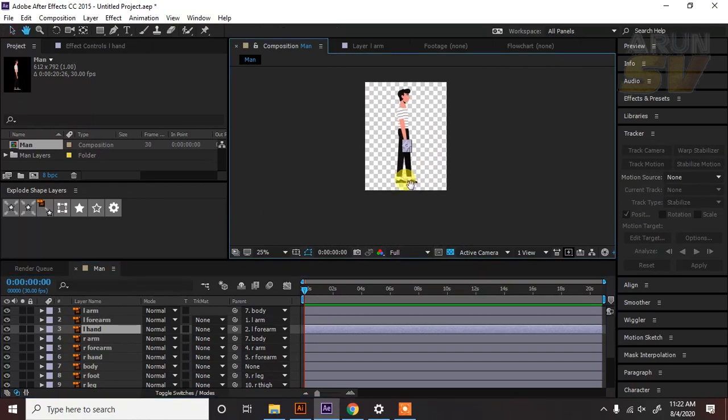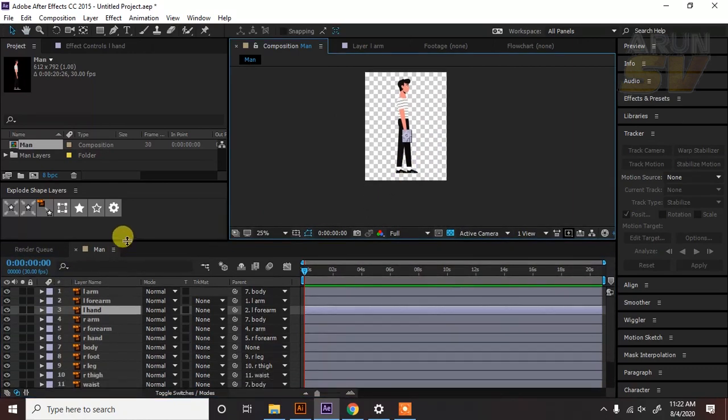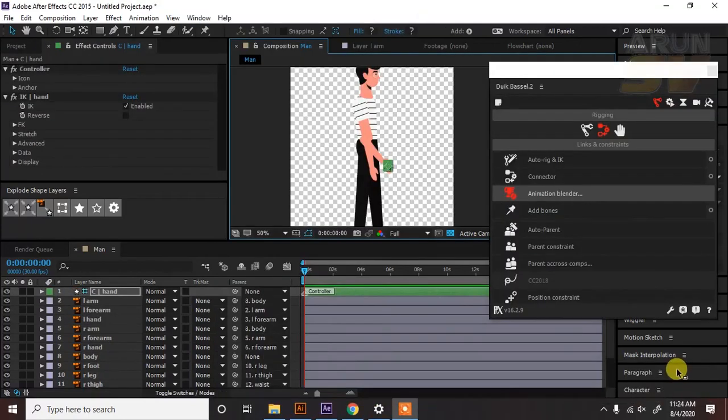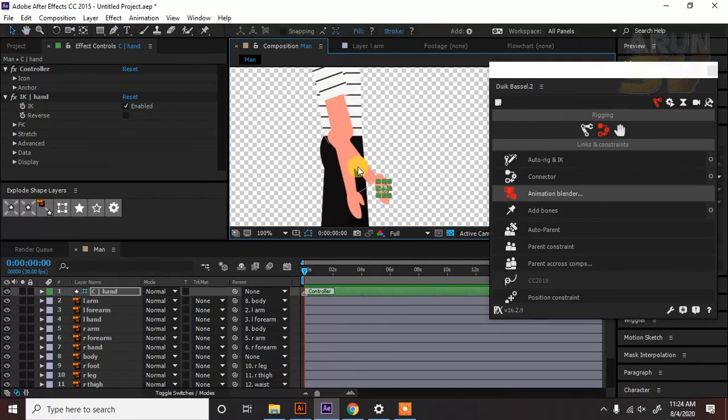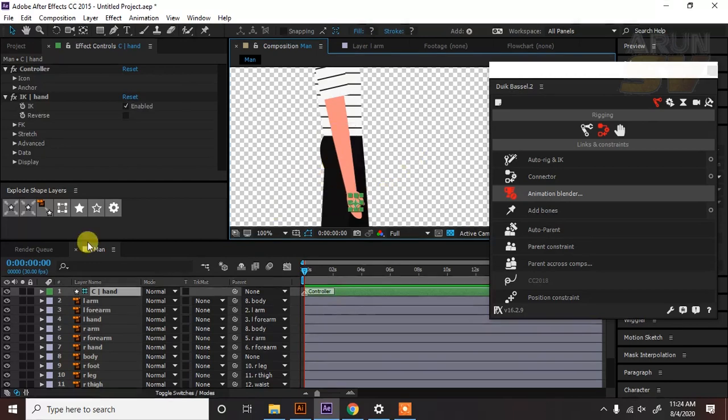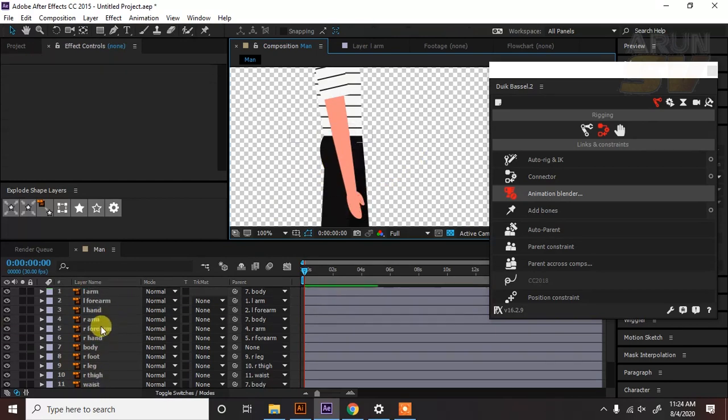Now we are going to rig it with the Duik Bezel plugin. Simply click the window and click Duik Bezel. It is not an inbuilt plugin, so it does not rig correctly because the anchor points are not in the correct place. So we first relocate the anchor point in each of the layers.